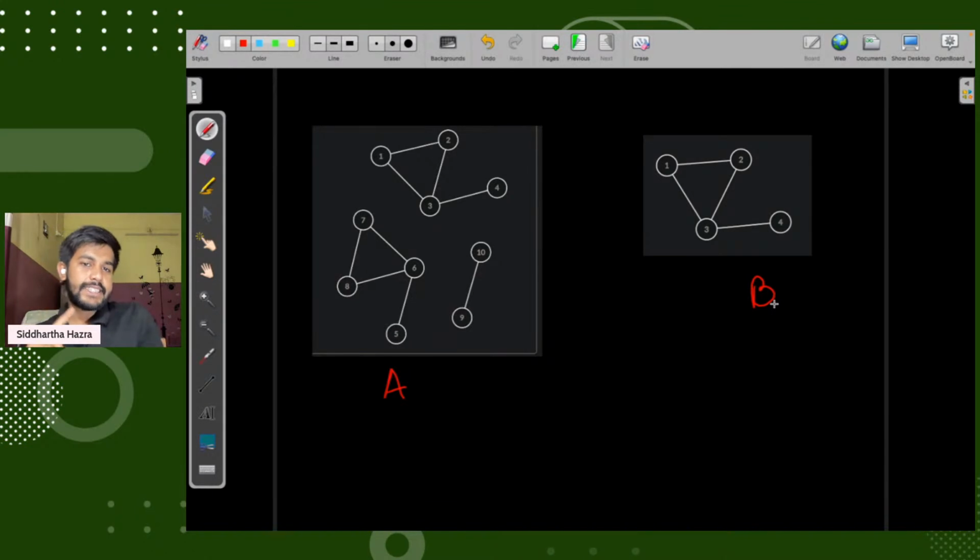One is disconnected, one is connected. This would be quite easy. So tell me which is the disconnected graph: A or B. Now is everyone clear with A and B? Visualize it in terms of a network of things, as said.